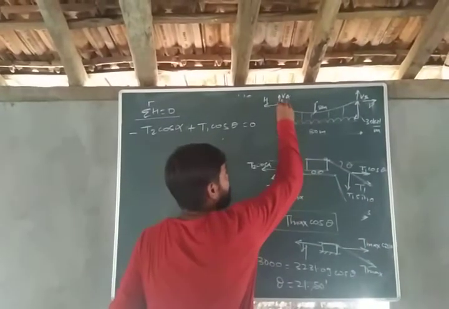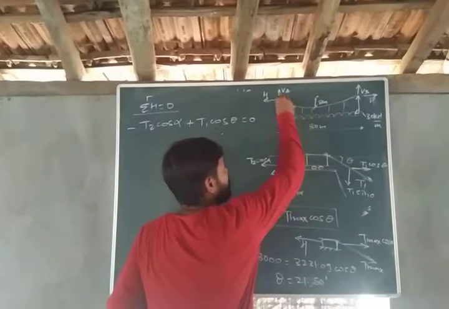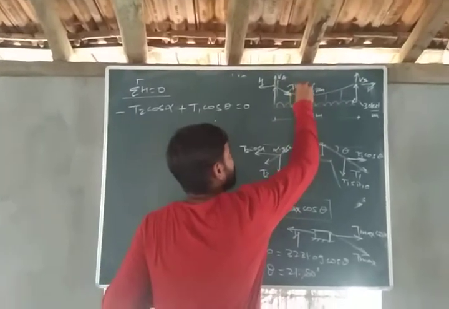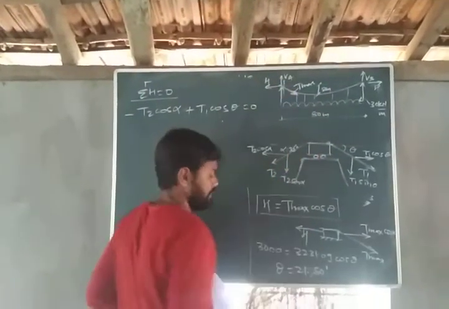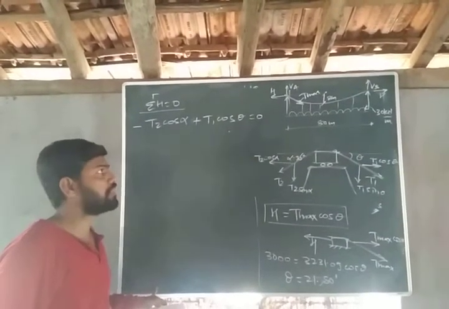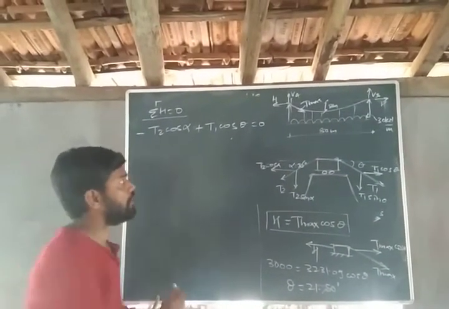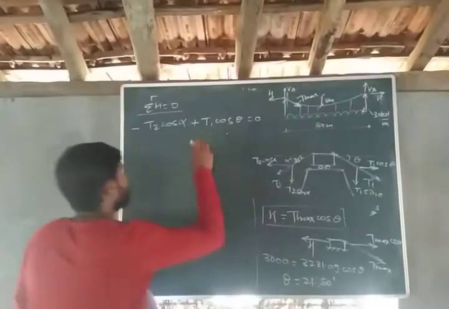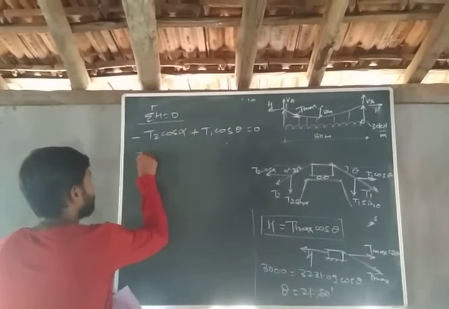What is tension in cable at the support condition? What is this value? This is nothing but T max. इथं टेन्शन किती आहे? तर आपण बघितलेलं आहे, तर T max आहे. Maximum tension is generating at the support. So tension at support will be equal to T max. So value of T1 is T max.